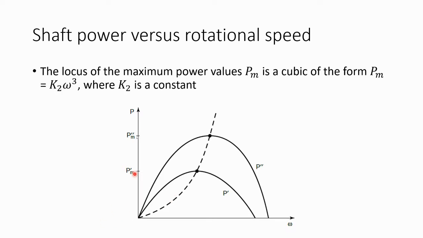And similarly, you have the power and the rotational speed relationship, and this represents the line where the power is lower than this line. So as you increase the rotational speed, the maximum power also increases until a certain point where it drops, and these represent the locus of the maximum power versus rotational speed. Meaning that if you are referring to this operation and you want to extract the maximum power